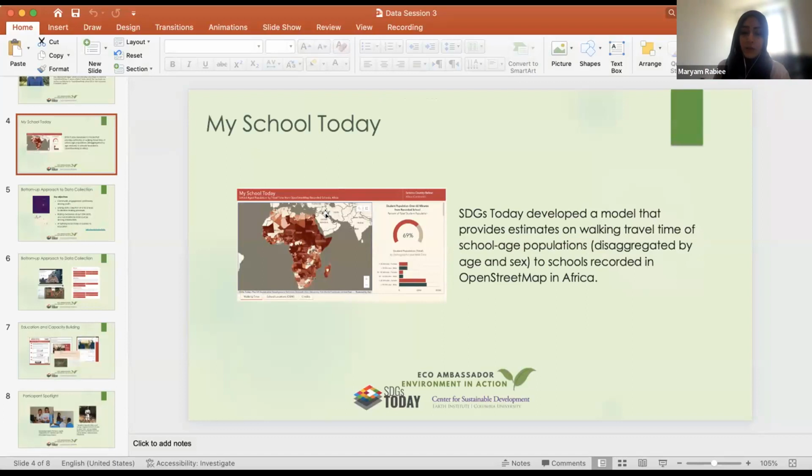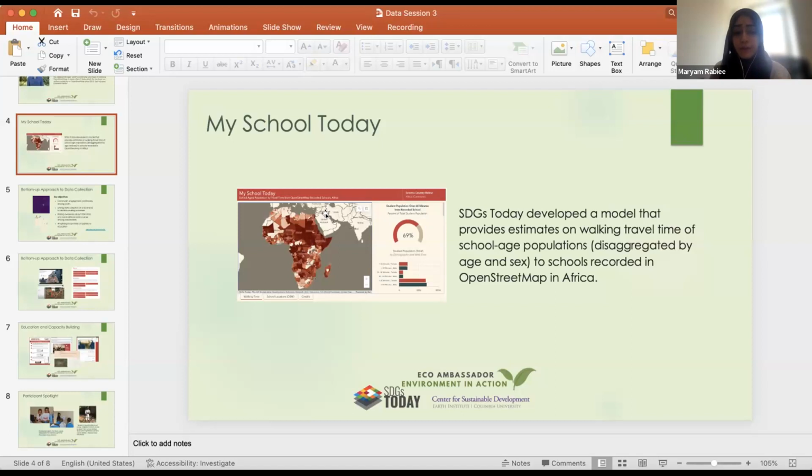According to the UNESCO IIEP policy toolkit, it's recommended for students not to walk over 30 minutes to get to a school. So there was this question about where students are walking over 30 minutes to get to a school, and can that help determine where more schools, more teachers, more facilities, and other kinds of services would be needed in those areas.